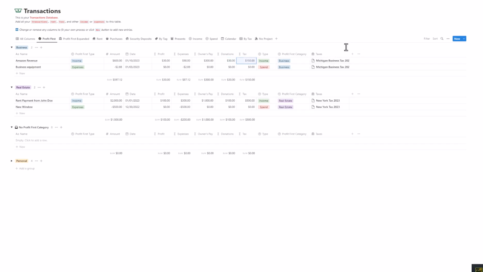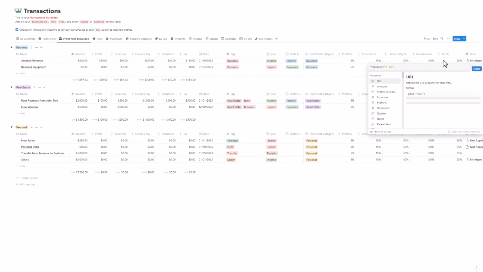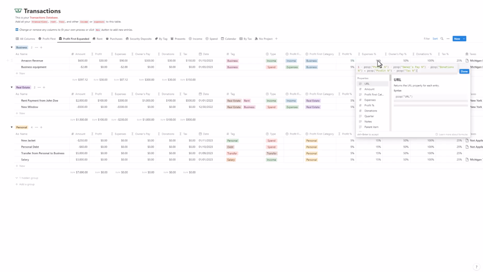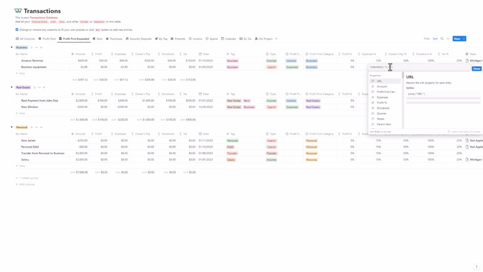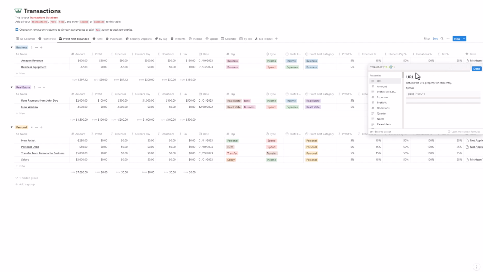And for the tax, there is another profit first expanded page. The tax in this case is set manually to 25%. You can always update it according to your tax code. The donations for me is matching 100% of the profit. So if the profit is 5%, I will also do 5% donations. The expenses is calculated. The owner's pay is hard coded to 50%. Now the way to operate it is maybe your taxes are lower and you are in a 20% tax bracket. Your numbers will change. Maybe you want to pay yourself lower than 50%, maybe only 30%. Your numbers will change. But if we go back to the original setup of the 25 and 50,